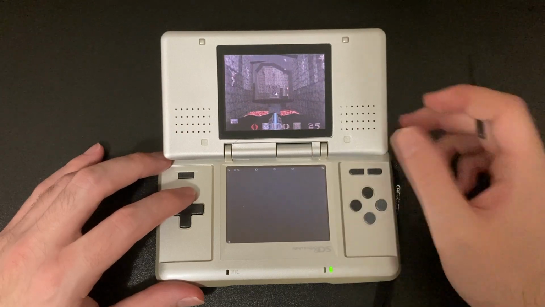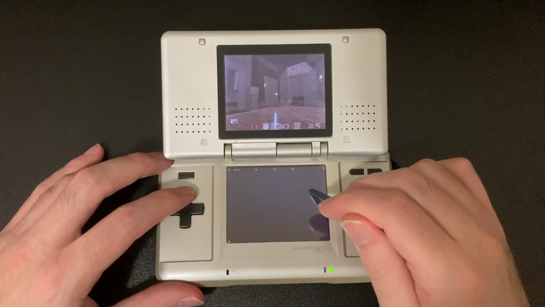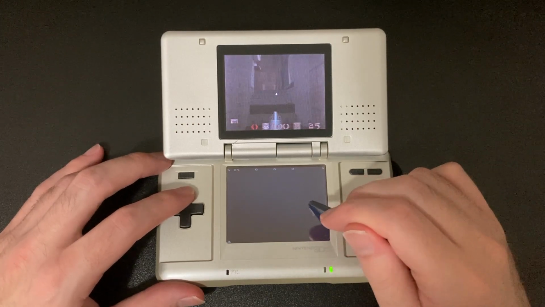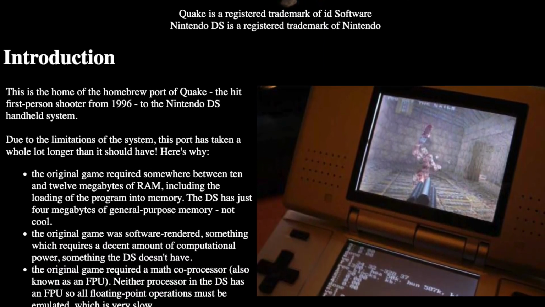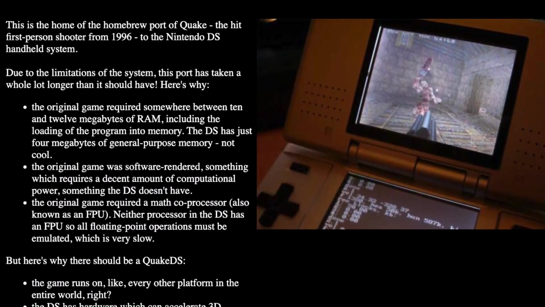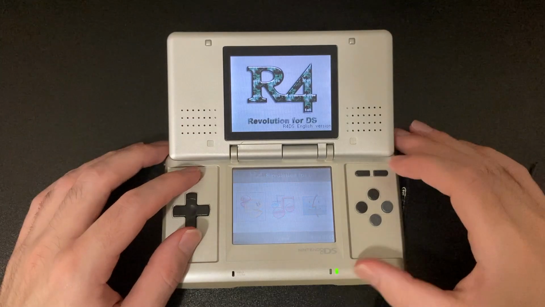A lot of homebrew projects built for the original Nintendo DS require external files outside of the .nds ROM, and that includes the Quake DS port that I showed in a previous video. In the past, this meant if you were developing your own homebrew project or modifying someone else's and the project required external files, you had to upload the build to a flash cartridge and test on the hardware every time